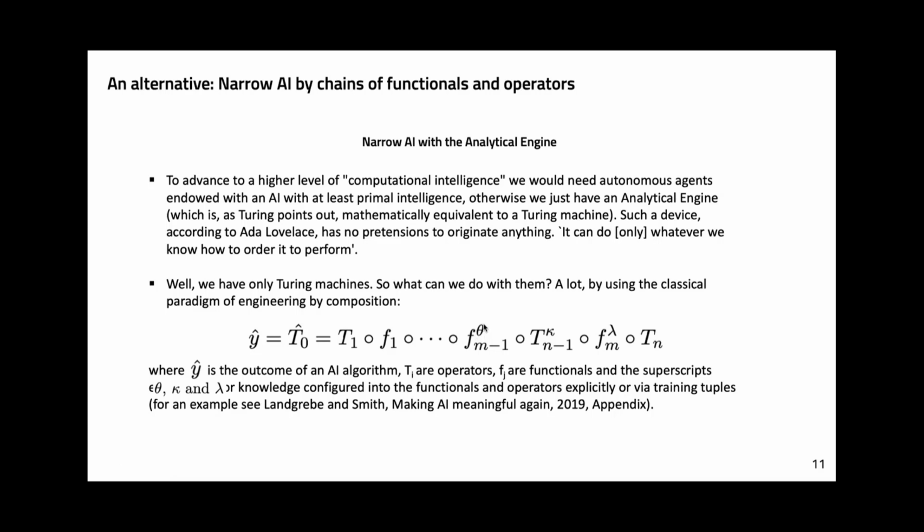And so I believe that it's very important that you make the prior knowledge that you gave to the machine explicit. So either you make it explicit if you have, for example, a mechanical theorem proving component, like let's say this one here would be a mechanical theorem prover. Then you need some axioms for the mechanical theorem prover. And those axioms are its configuration, and you need to know which axioms you give to it so that you know how it will behave. Or this would be a functional. Now the functional, of course, is trained by using training tuples and other meta parameters. Those you also have to know pretty well.